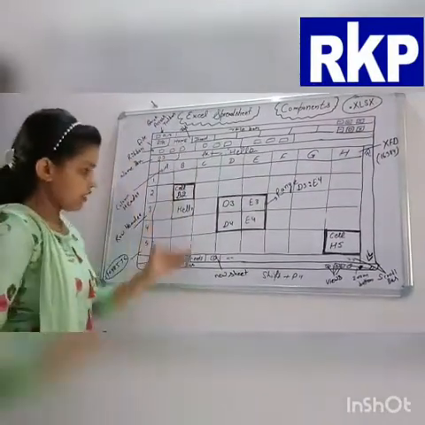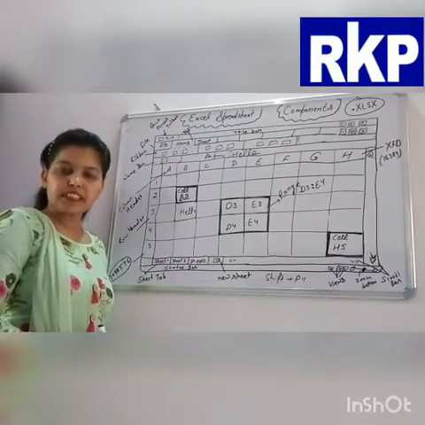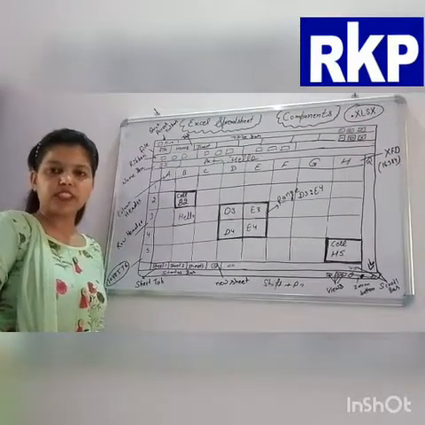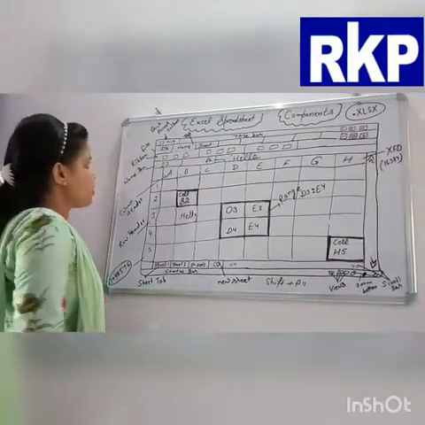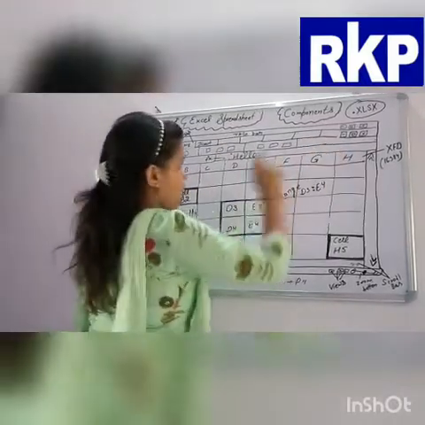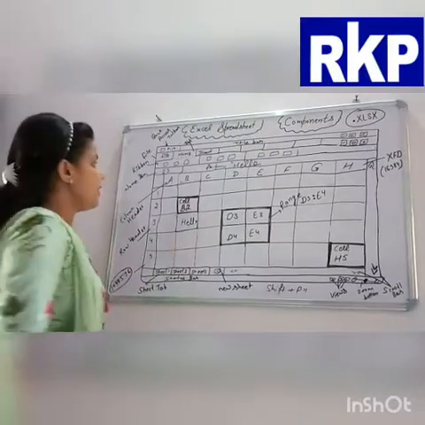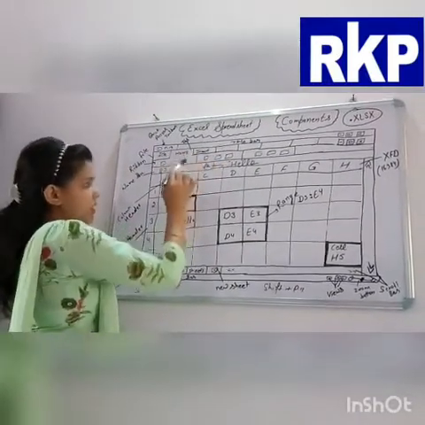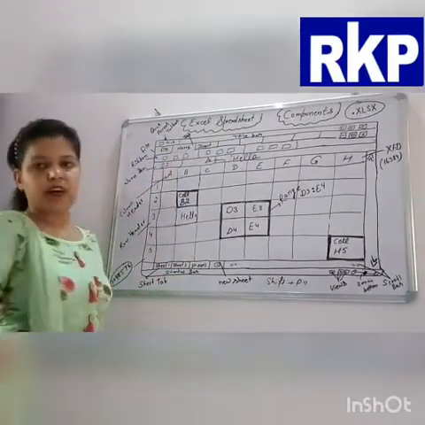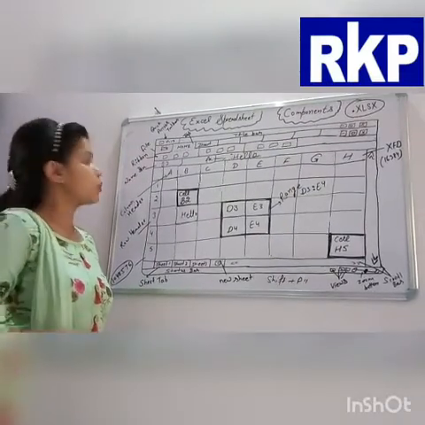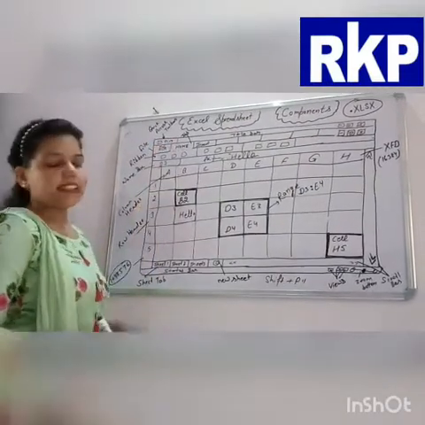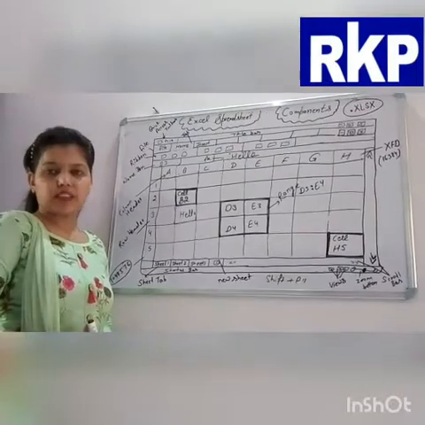Now in this diagram, different components are given. I will discuss all these components one by one. So first of all, start from the top. The topmost area is called the title bar. It contains basically three parts. The leftmost part is called the quick access toolbar. This contains different tools to do the task quickly.